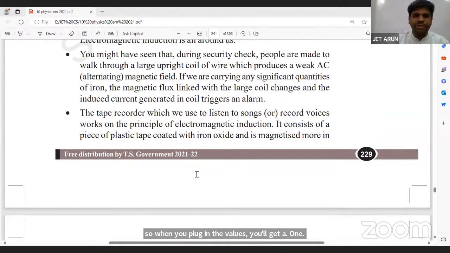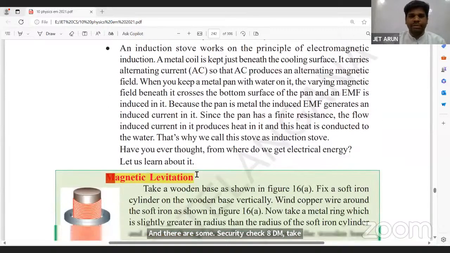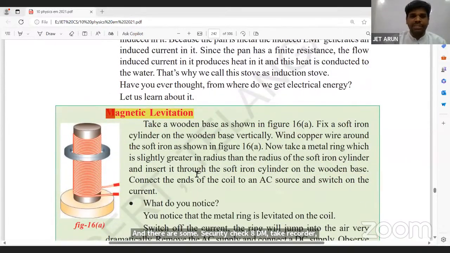And there are some applications, students: security check, ATM, tape recorder, induction stove. And here is the last one, this important magnetic levitation. Beautiful demonstration, not an experiment, demonstration. We are soon going to demonstrate this one. I've got a coil through which I'm passing an AC current. All right, AC source on there. What I do,